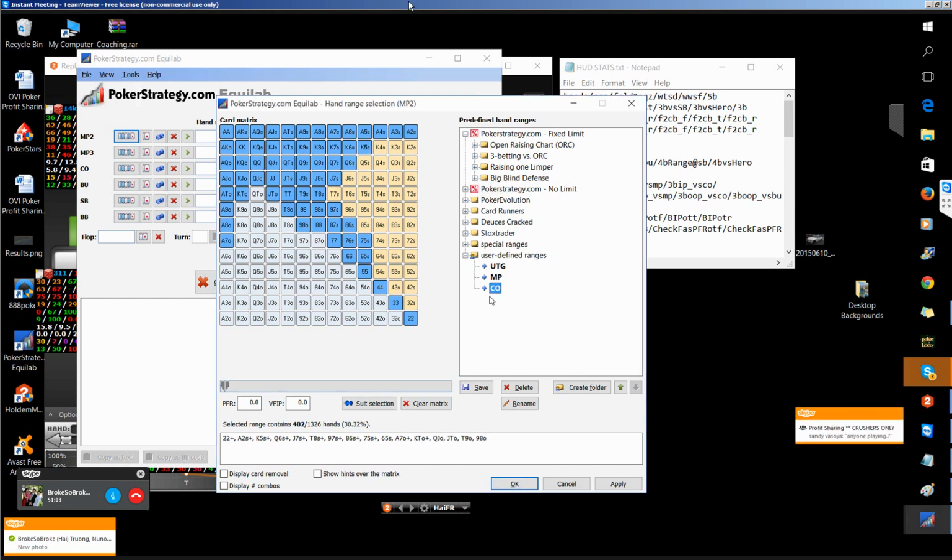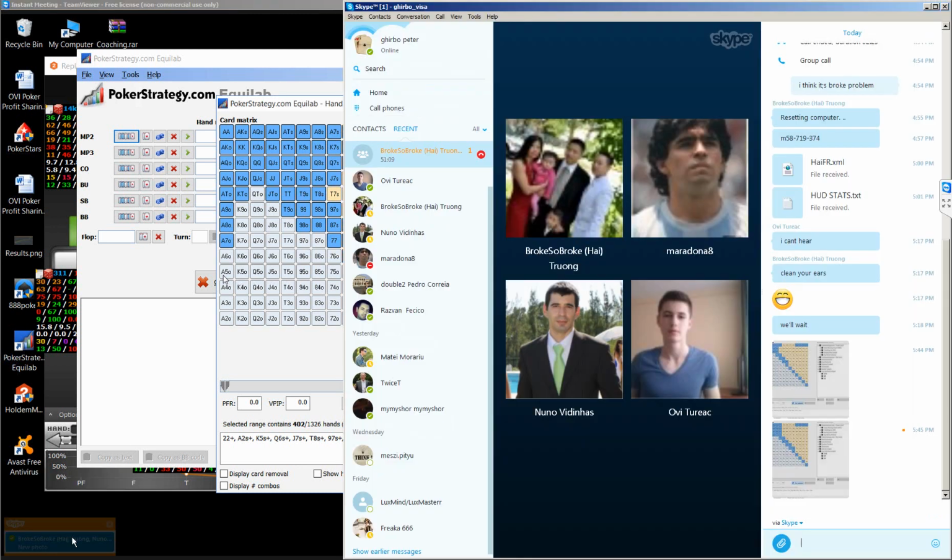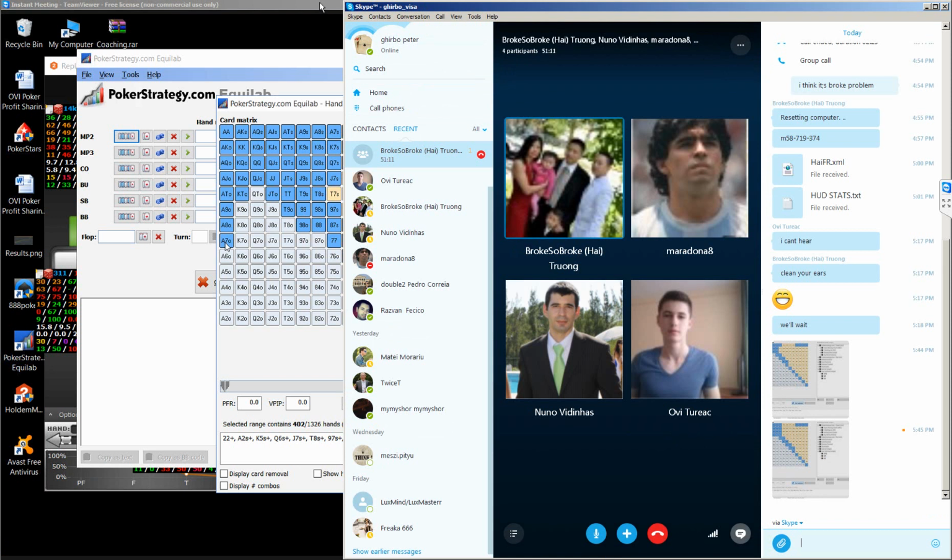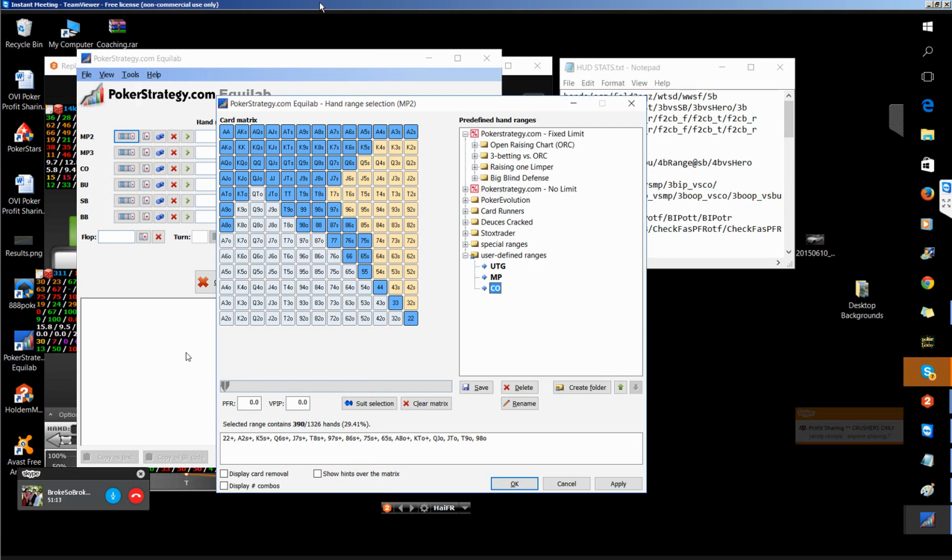Cut off. So now add more suited stuff. I might remove A7. Okay. I'd rather you open like King 2 suited than A7. Cut off. Again, these are just general